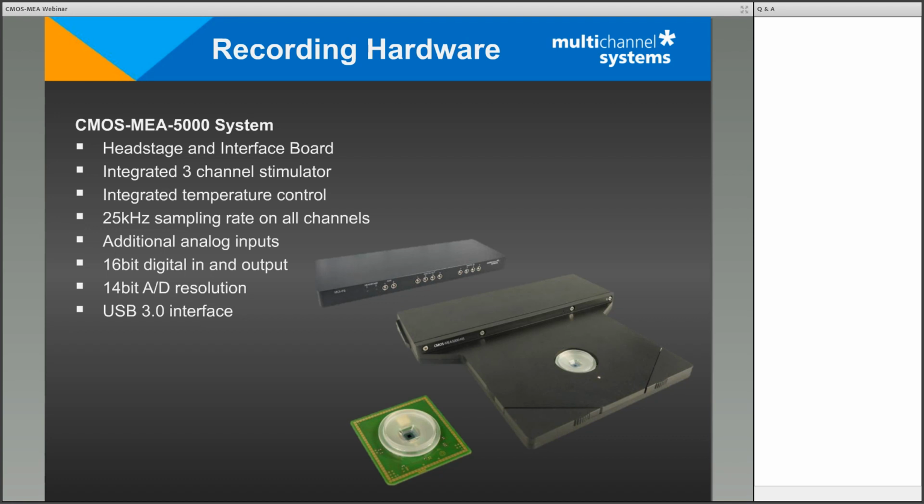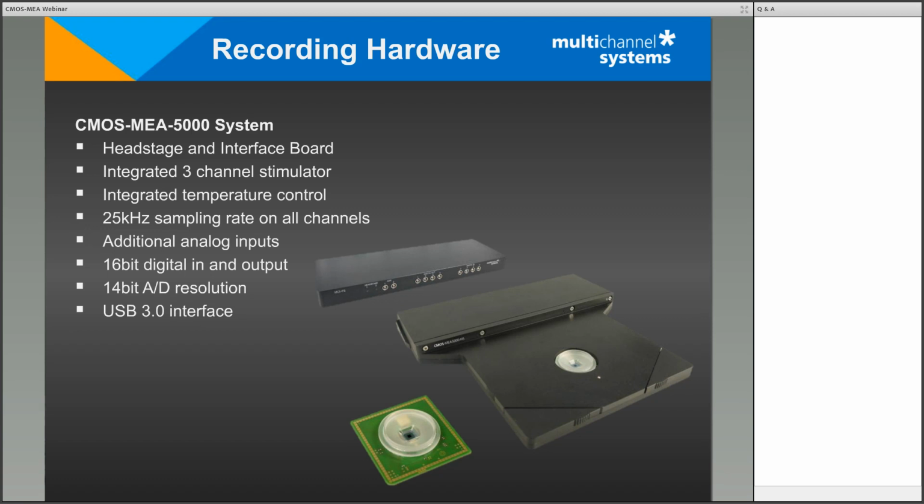We can go up to 25 kHz sampling rate on all channels simultaneously. On the interface board, which also comes with the system, you have additional analog inputs and a 16 digital bit in and output for TTLs going in and out. We have a 14-bit AD resolution, and it's absolutely mandatory to use a USB 3 interface to get the data to your computer,